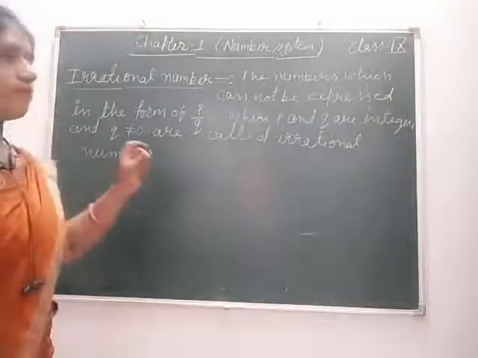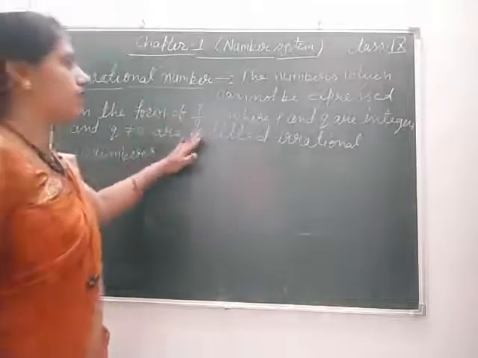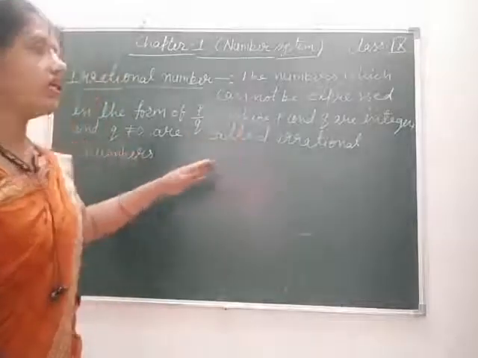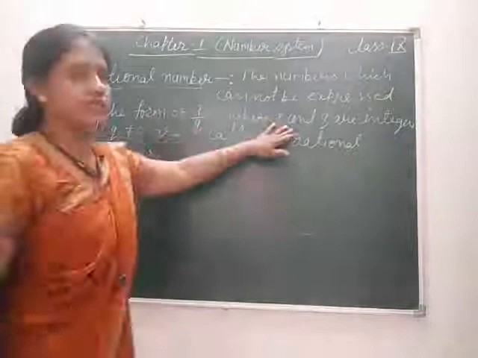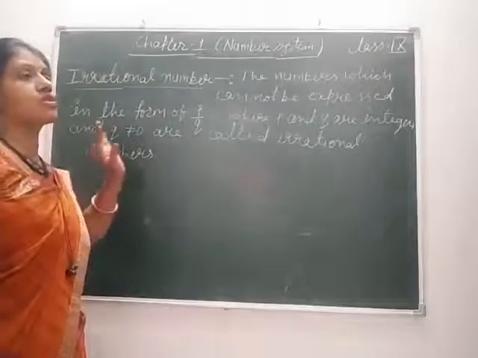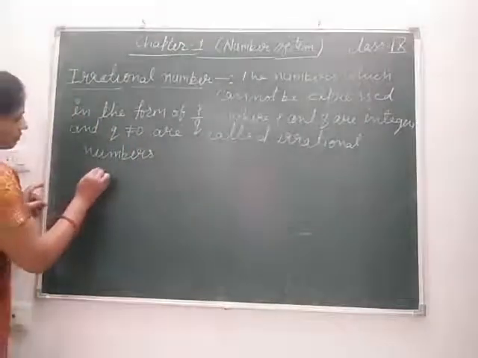Okay, जो नंबर जिन नंबर्स को हम p upon q की फॉर्म में रिप्रेजेंट नहीं कर सकते वो हमारे नंबर क्या होते हैं? इरेशनल नंबर. Where p and q are the integer, means p और q हमारे क्या होंगे? इंटीजर्स. बट q is not equals to 0, q हमारा 0 नहीं हो सकता. फॉर एग्जाम्पल